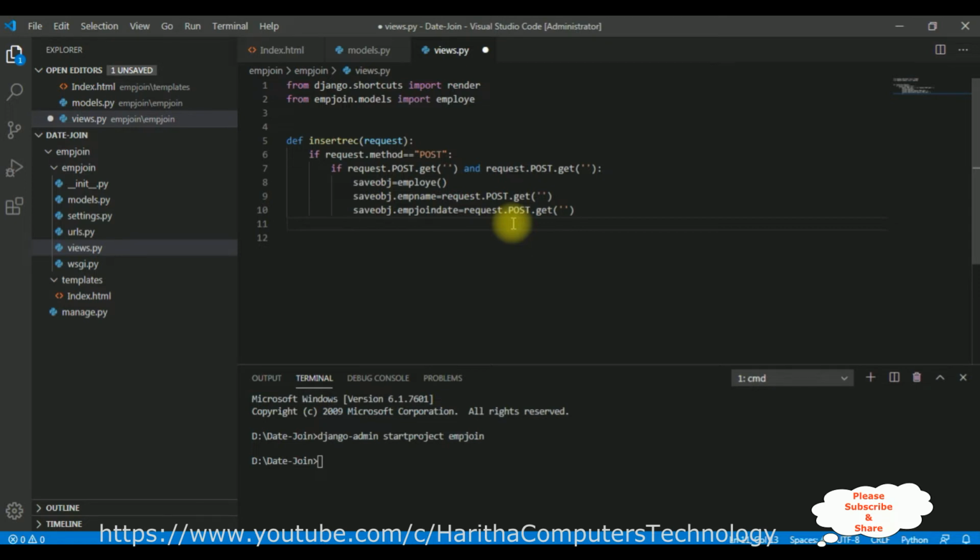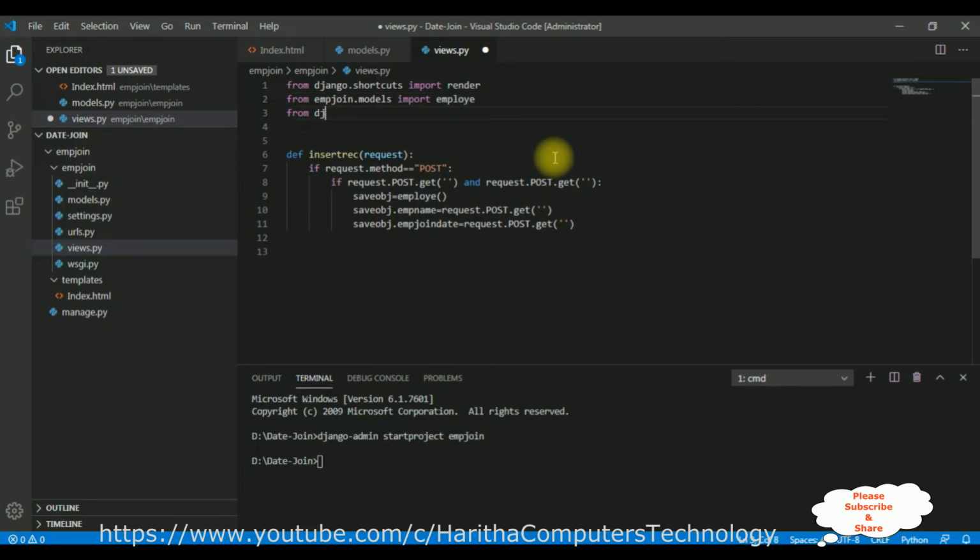After that, I'm adding the connection class to insert the records in the MySQL table. So from django.db import connection. So here I'm declaring a variable, cursor is equals to, this connection class contains a cursor method. The cursor method here I'm implementing in Django applications. When we want to execute the SQL statements or stored procedure, we require this cursor method. So let's execute the cursor.execute method